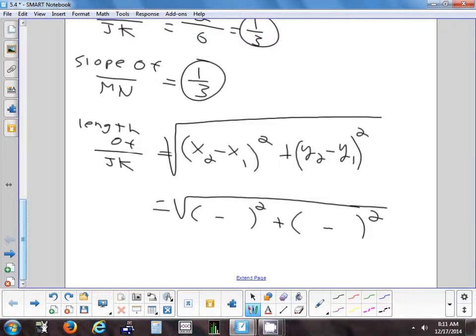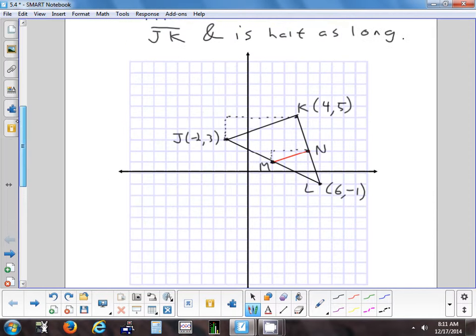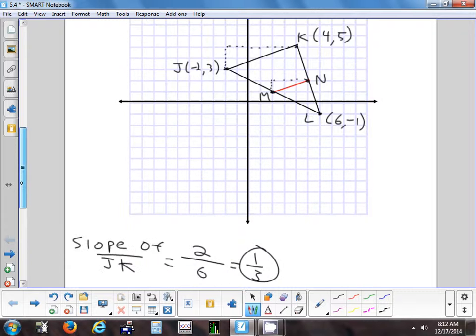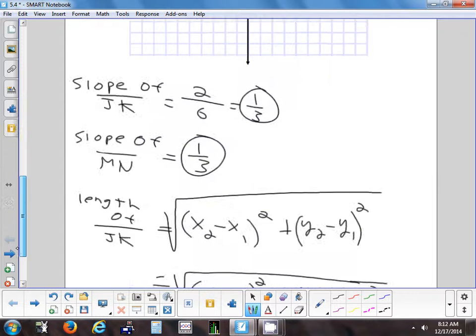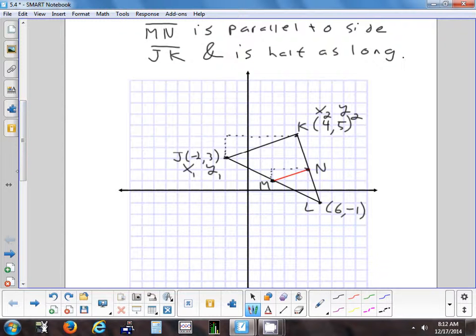And now you just have four things you need to fill in. Okay, let's go look at the four numbers. X2 minus x1. Let's look at JK. It doesn't matter which one is the first one and which one is the second one, whether you measure the length from J to K or from K to J. It's the same length. So let's call this x1, that'll be y1, let's call that x2 and the other one y2. So x2 minus x1. 4